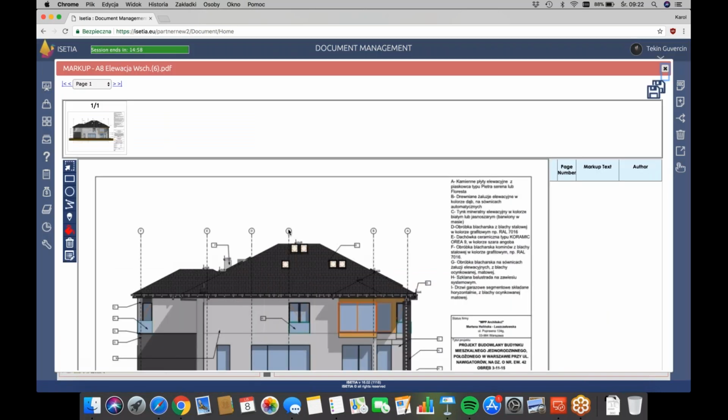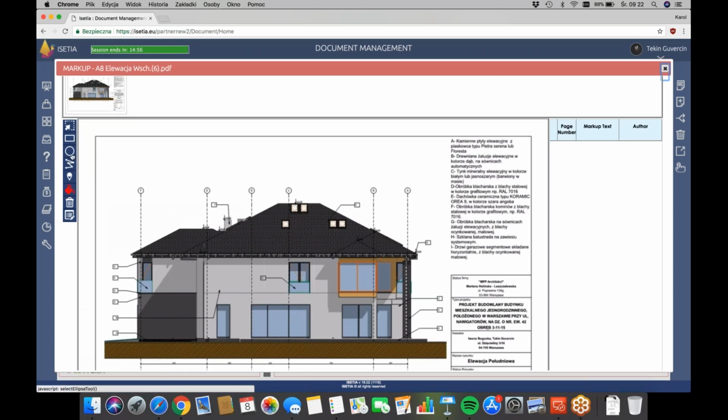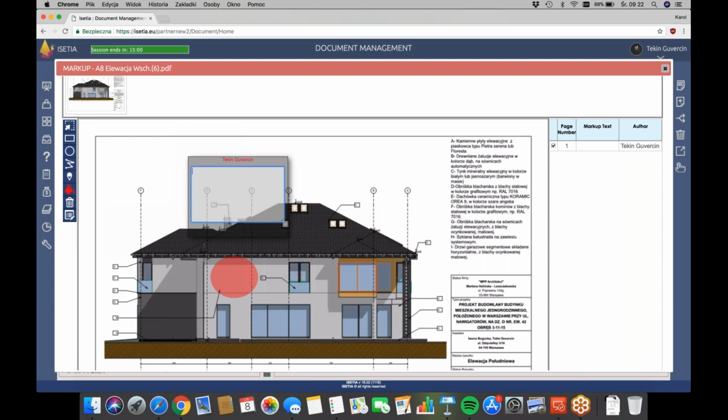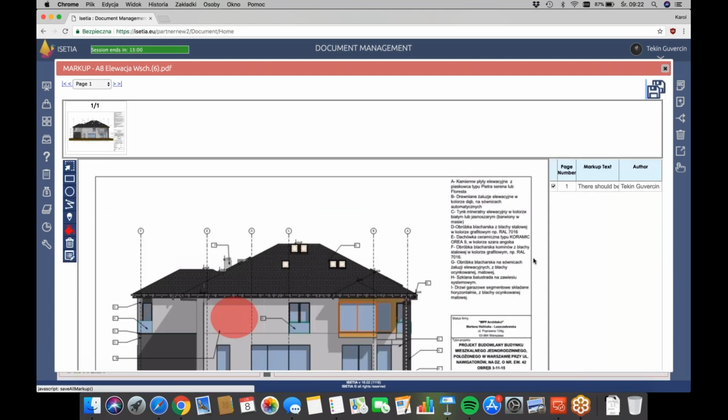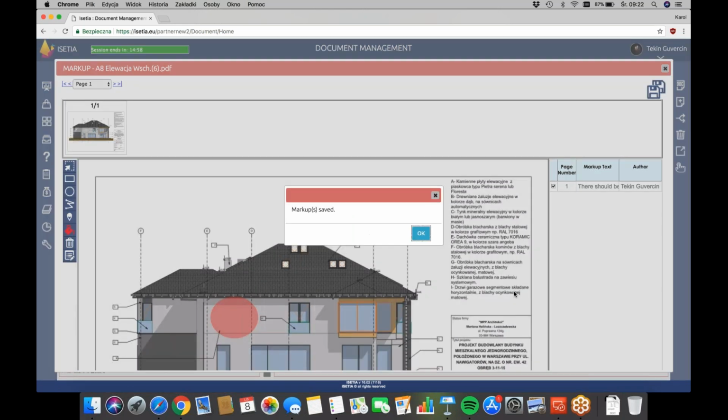Let's do it on an example. For example, we are choosing the round markup, and saying there should also be a window. With this markup, you can save it, then it can be sent. It can be sent to your contractor